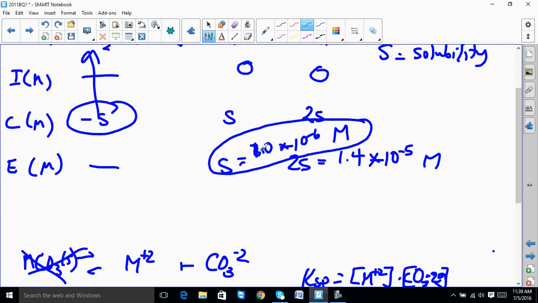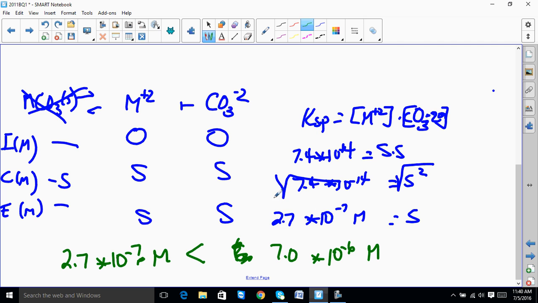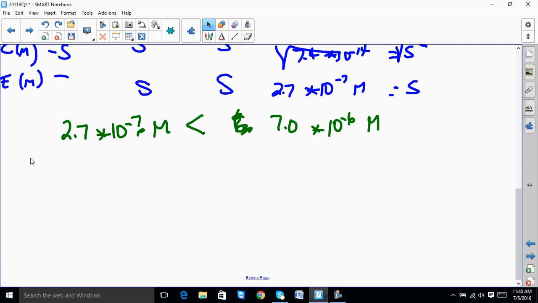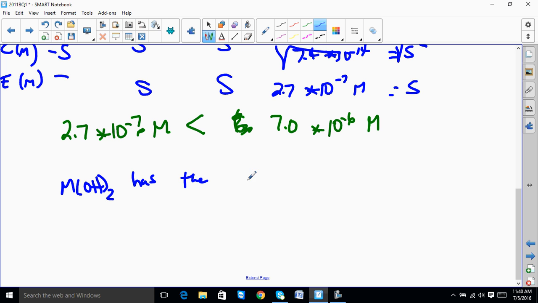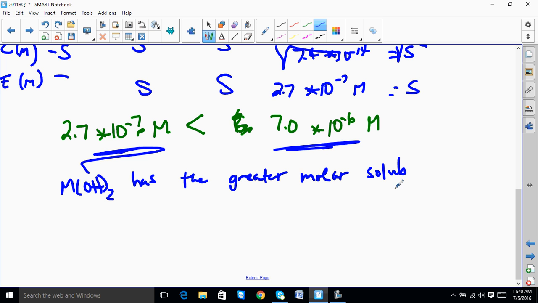Yes, I don't know that you needed to do this one, but anyways, which one has the greater molar solubility is MOH2. MOH2 has the greater molar solubility. And justify your answer with the calculation. This is the calculation you did. And then you can move on. And then the very last question is,